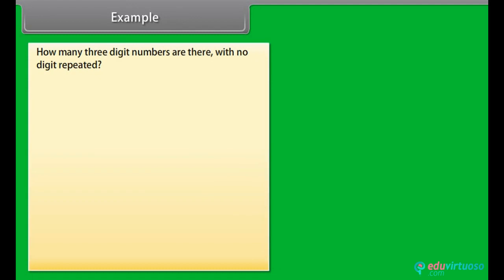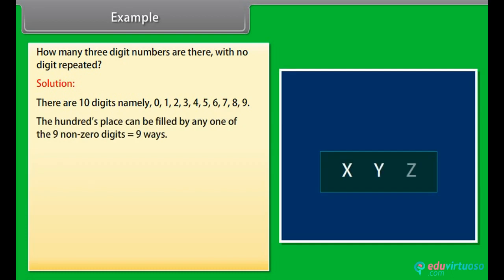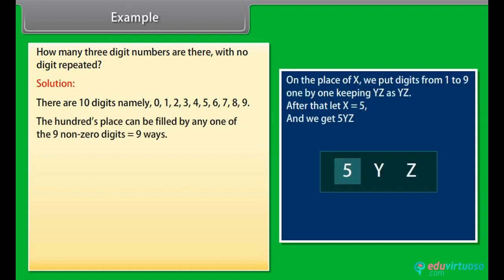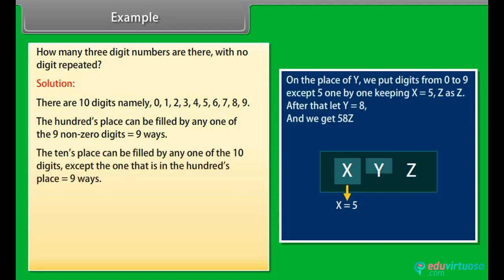Example: how many 3-digit numbers are there with no digit repeated? Solution: there are 10 digits, namely 0, 1, 2, 3, 4, 5, 6, 7, 8, 9. The hundreds place can be filled by any one of the 9 non-zero digits, which is equal to 9 ways. The tens place can be filled by any one of the 10 digits except the one that is in the hundreds place, which is equal to